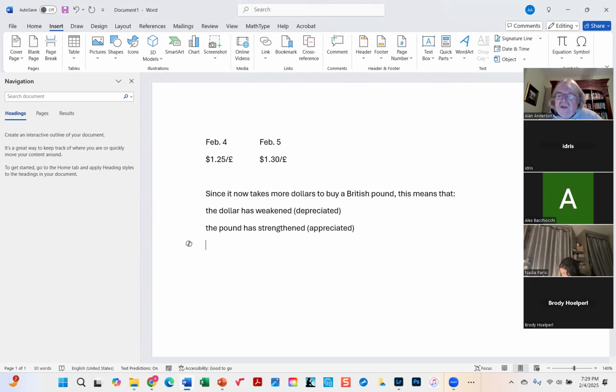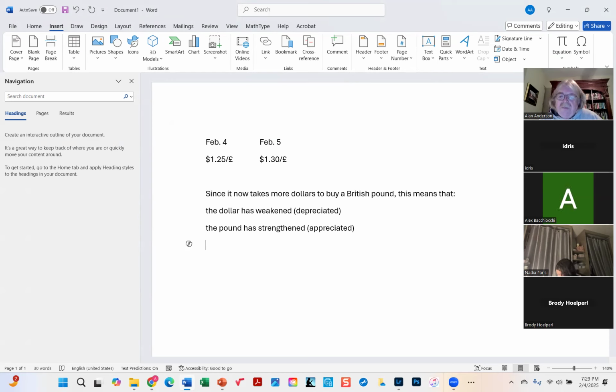Exchange rates are pretty volatile. They might bounce up and down for no particular reason. But if there's a long-term trend and a country's economy is in a recession, for example, the currency might experience a long, prolonged decline. Or on the other hand, if the country is doing very well, their economy is booming, they might experience a very long